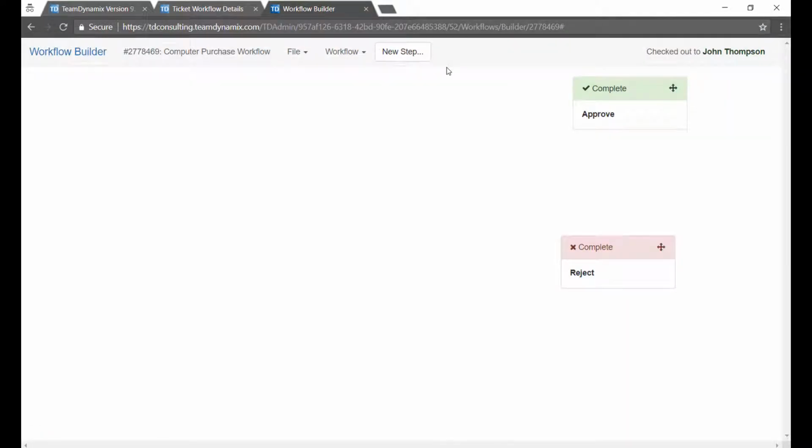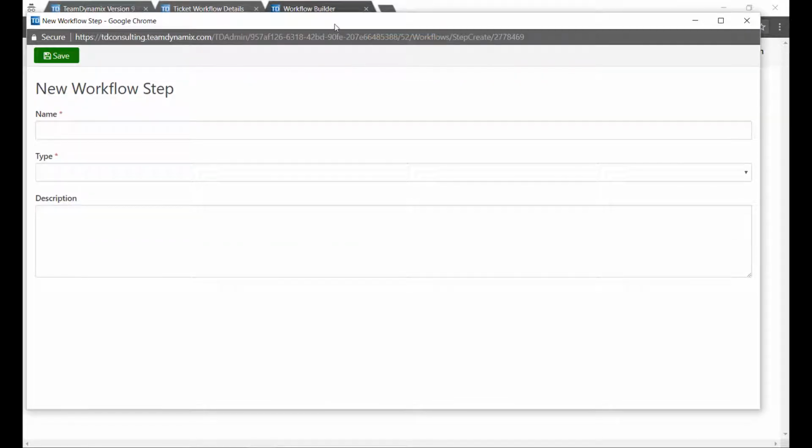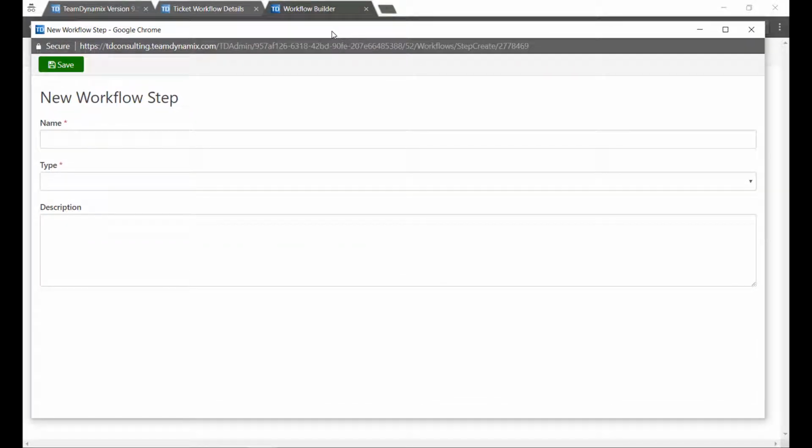And so that brings us to the last option in the menu, which is the New Step button. Initially, as we start to build our workflow, this is what we'll use most often. A workflow is comprised of different types of steps, and I'll cover each one of those steps. We're going to use several of the different steps to create my computer purchase workflow, and hopefully it'll all come together. Okay, I'm going to click the New Step button, and that's going to pop open the New Workflow